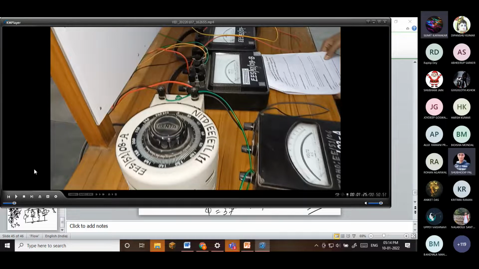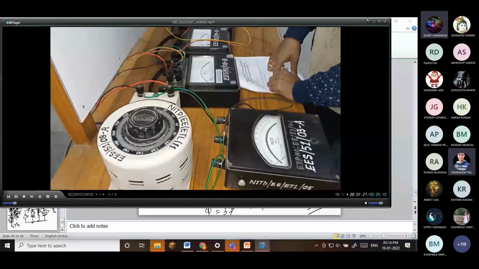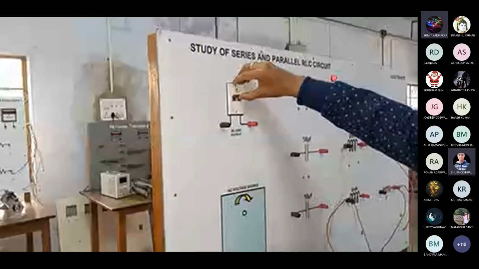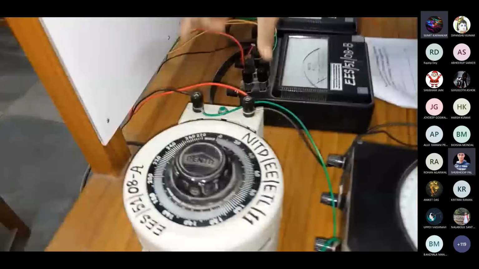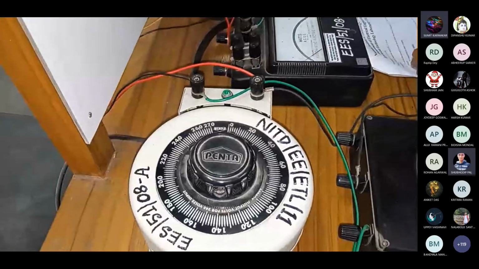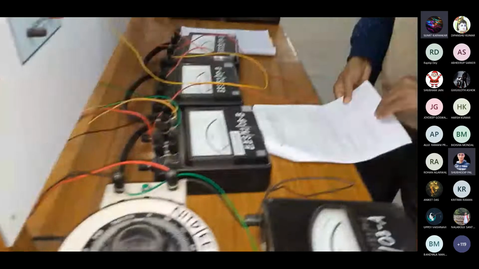Yeah, we can demonstrate it. Once we switch on, the power is coming through this miniature circuit breaker, so that there will be no problem. You can understand. So once I am switching it on, the power is coming over this. Now the power is ready at these terminals, right?